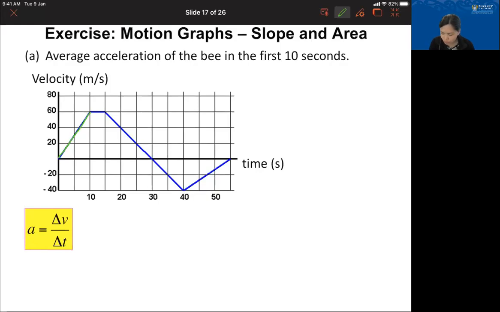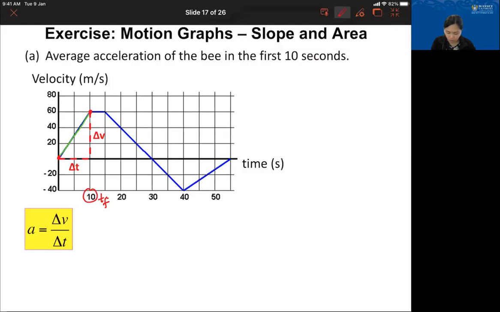So you can take 2 points along your straight line graph. Again, it can be any 2 points, as long as they're along that straight line, it should give you the same value for the slope. I'll take the 2 endpoints because you can easily read off the graph the values of the final and initial velocities and times, right? Taking these 2 endpoints, you have here your final time,